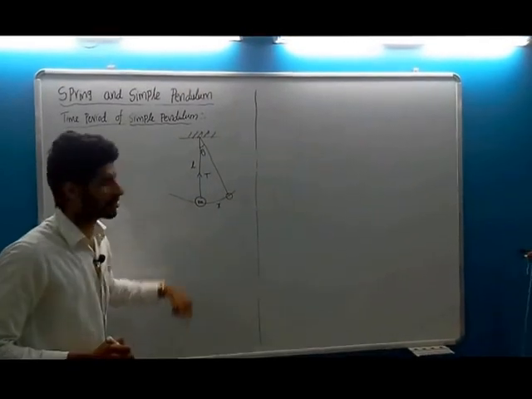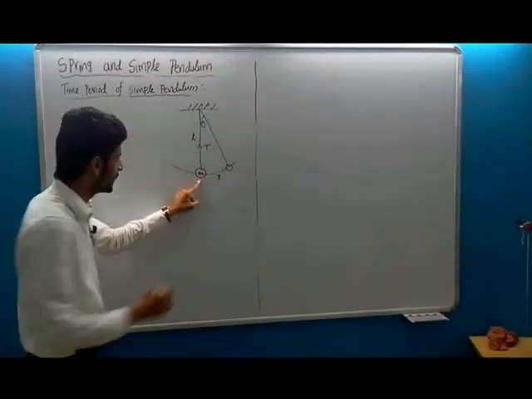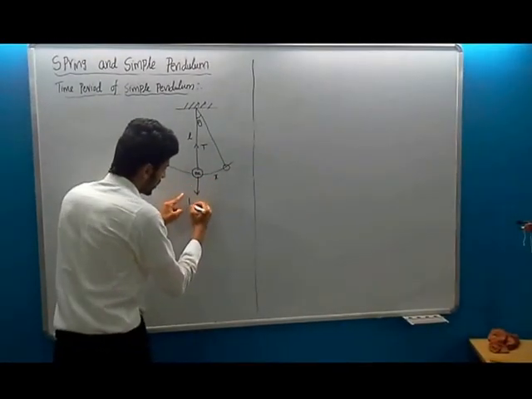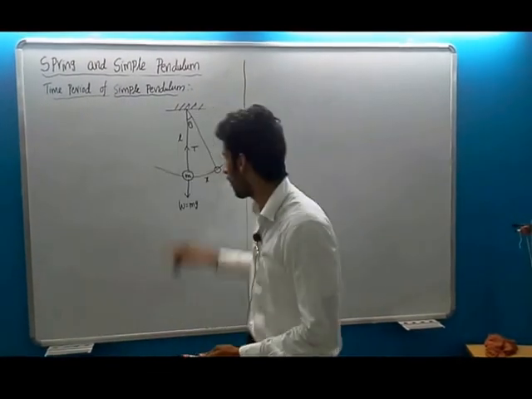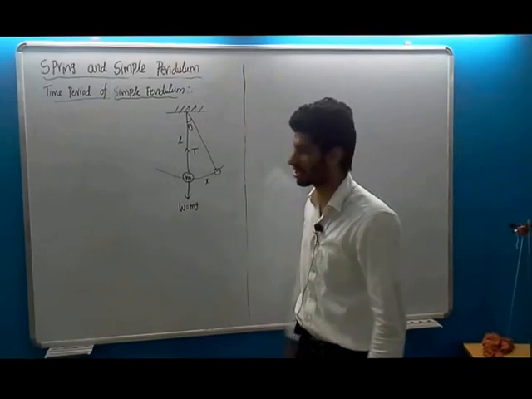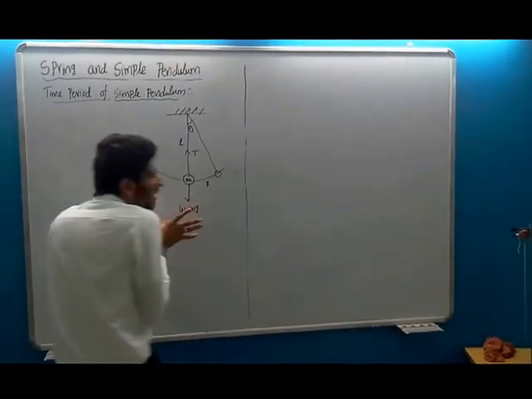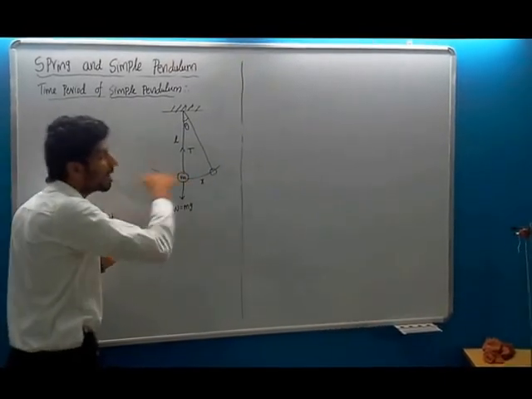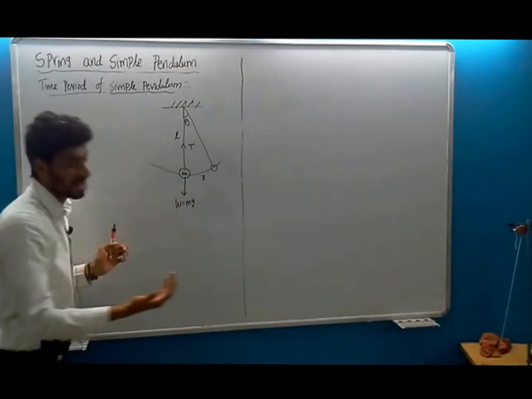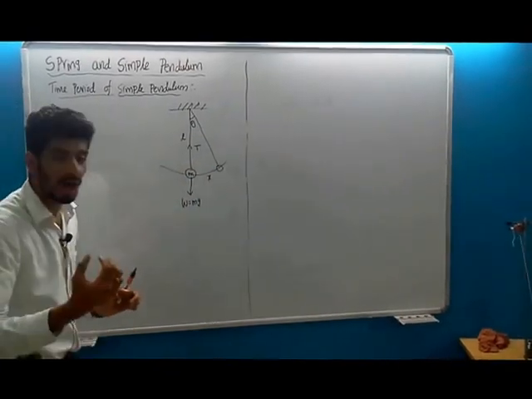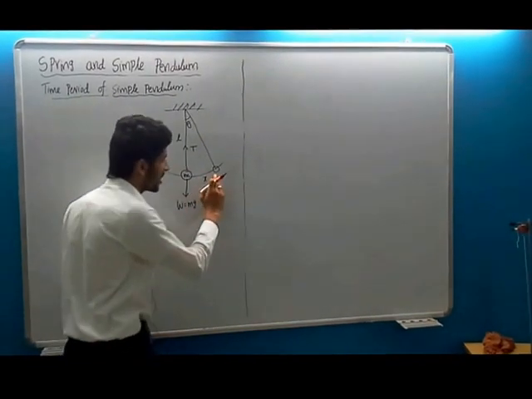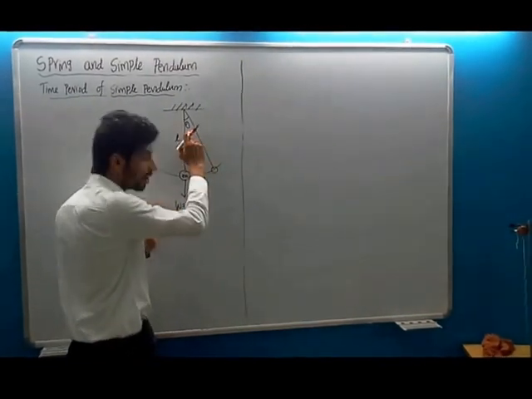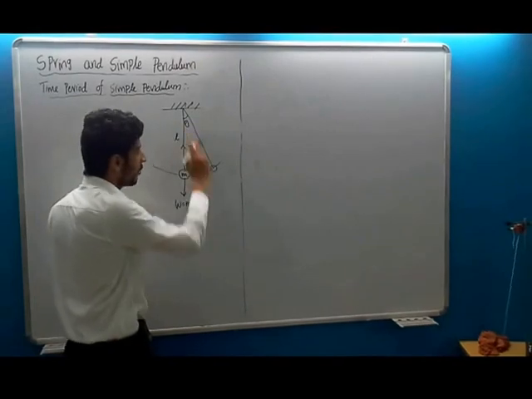And there is another force acting on the mass, the bob, which is nothing but the gravitational force, that is the weight, which is the mass of the bob times the gravitational acceleration. So I will give a little push or pull so that this bob oscillates front and back, which executes simple harmonic motion. Now, when the bob is here, after a certain time, the angular displacement theta, what are the forces